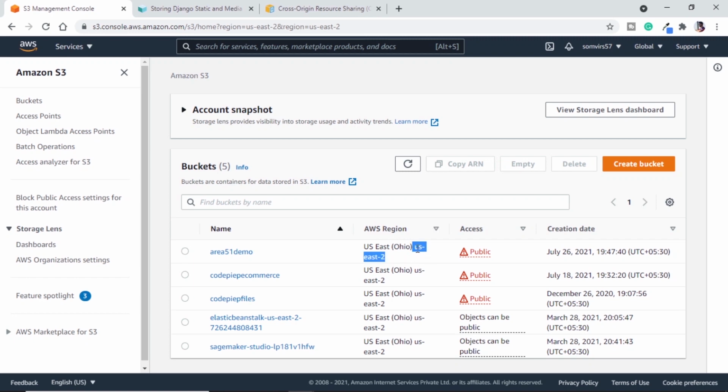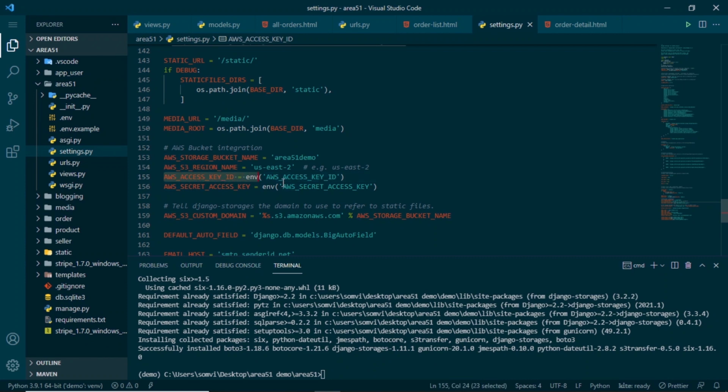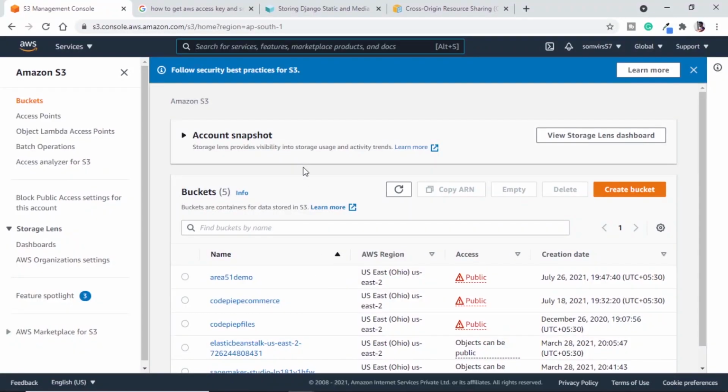So you can use this. After that we have AWS access key ID and access key. These are supposed to be credentials for the user that is using this AWS resource. And how we can find this is, in our AWS console